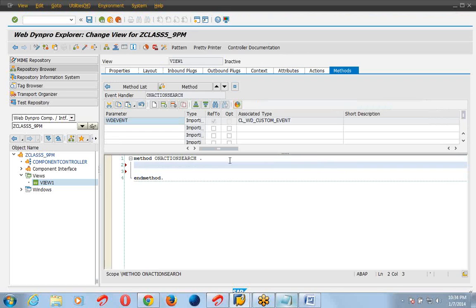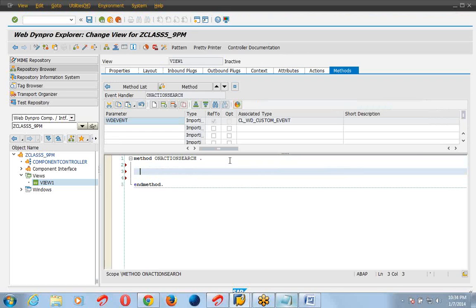Now I have to call the get data method. How will I call the method? Currently I am in the view controller. I want to call a method of the component controller.